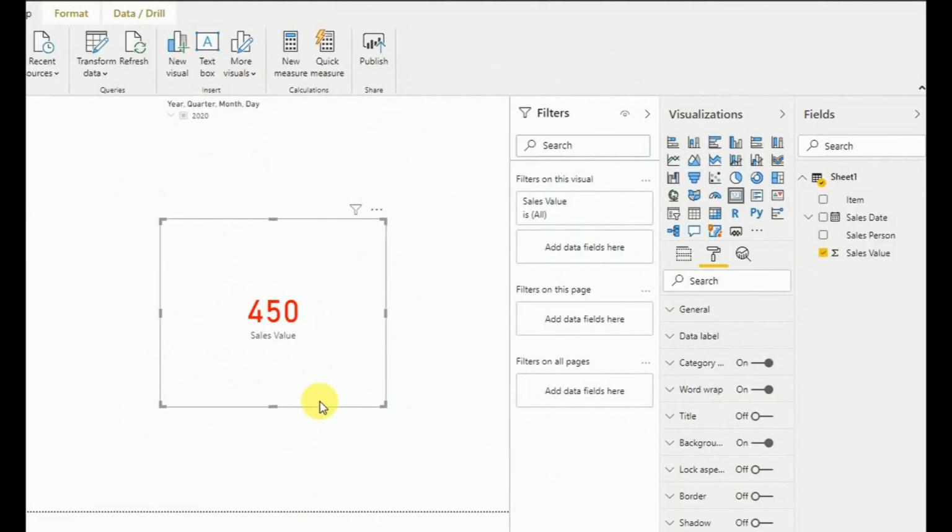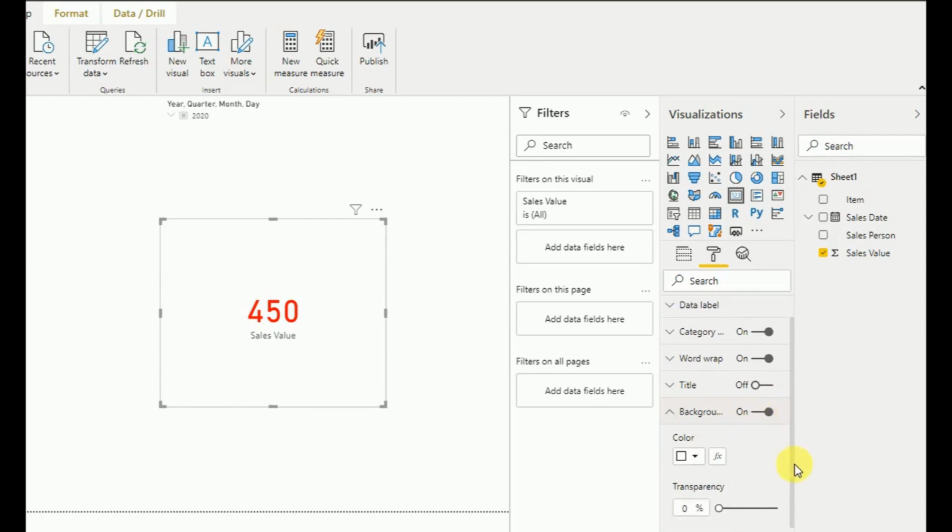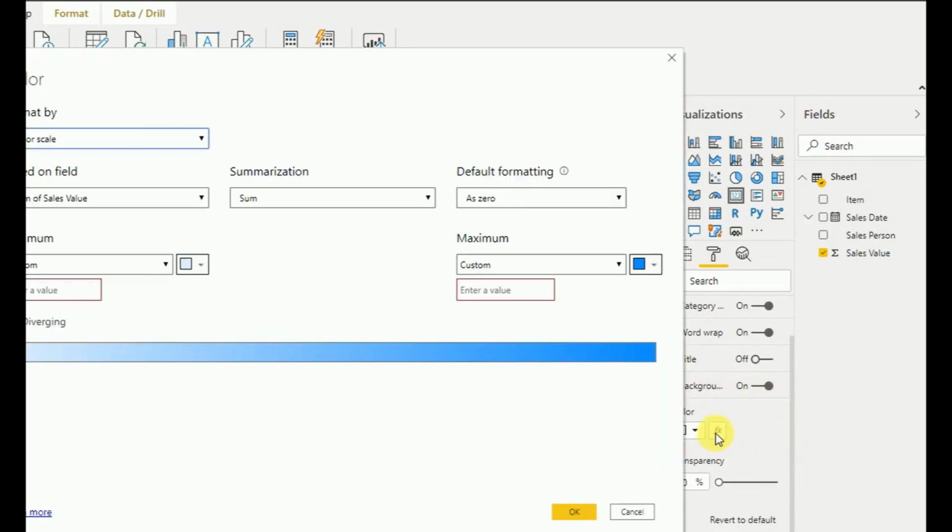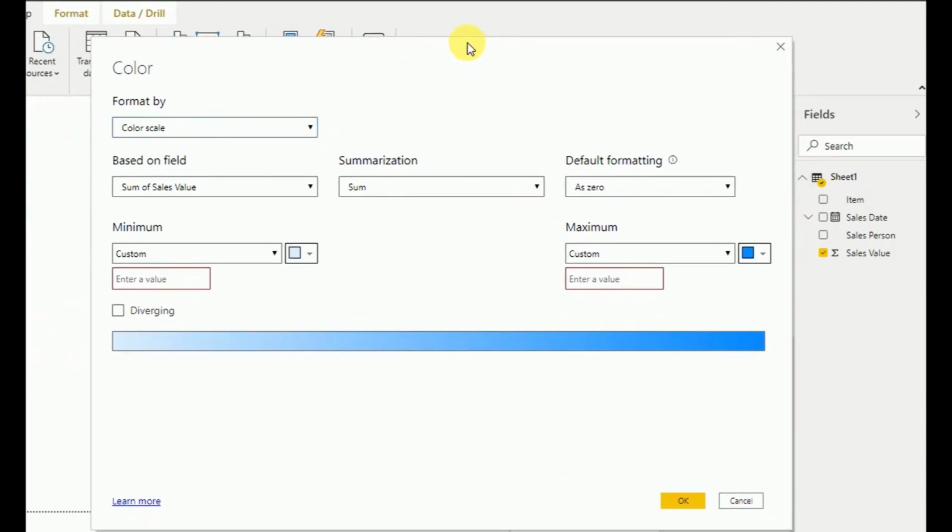When it comes to card visualization, same as this label, we can add conditional formatting for the background as well. If you go here, select background, select the function here, the same rules or different rules can be applied. I'll add one rule to show you this functionality as well.